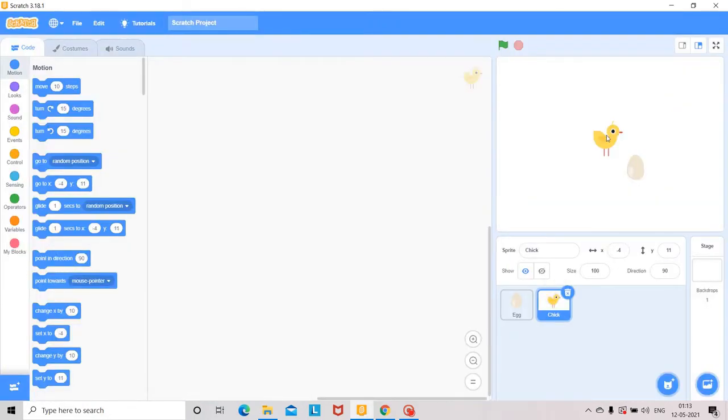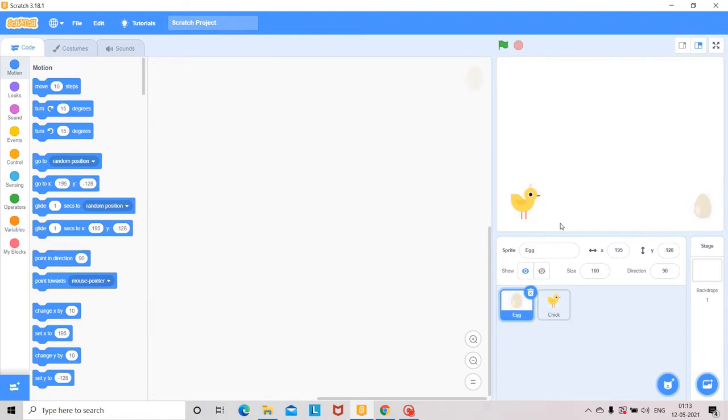I am taking only two sprites because I want to make a small video game, so that less coding will be required. It is the beginning stage, that's why we are making a small video game.